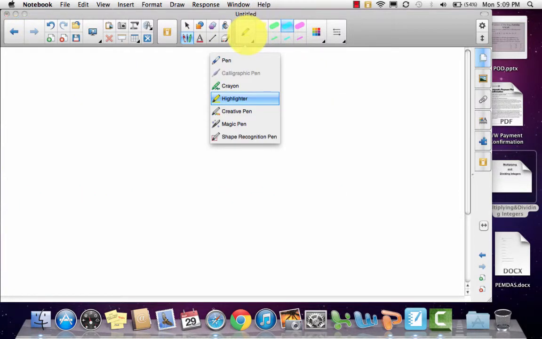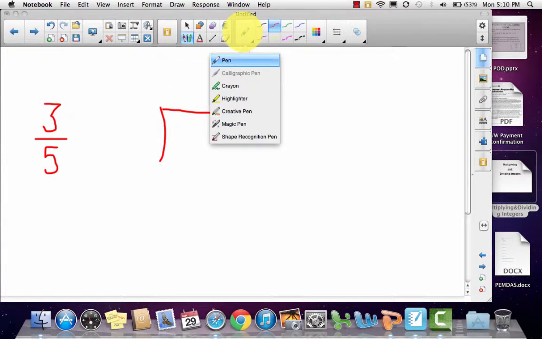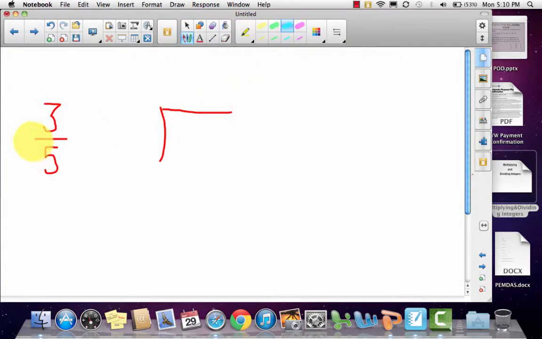I'm going to start off with the fraction 3/5. In order to change a fraction to a decimal, I'm going to divide the numerator by the denominator, which means I'm doing the problem 3 divided by 5. One of the most common errors that we make is putting the 3 and the 5 in the wrong location here. So one little trick that I like to think of is I like to imagine that this fraction bar